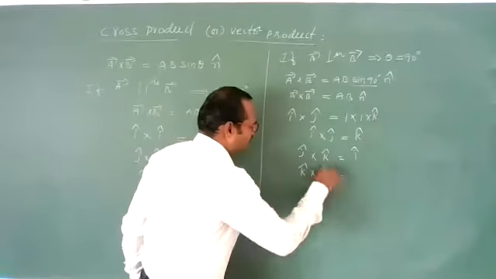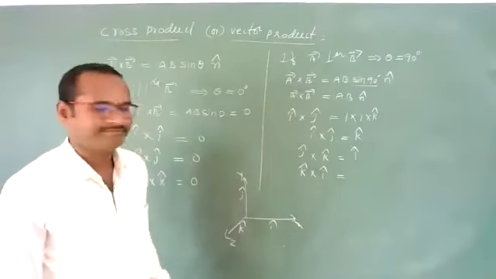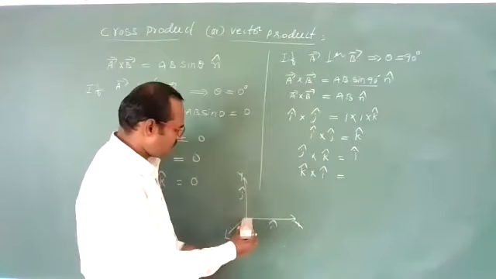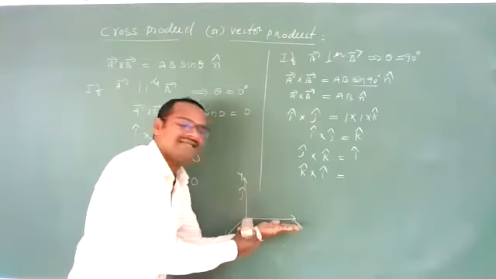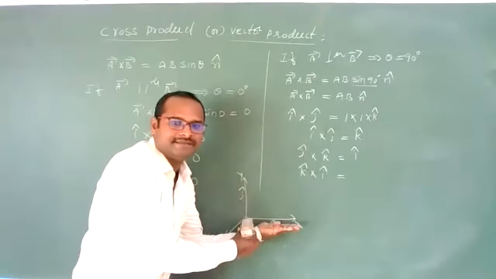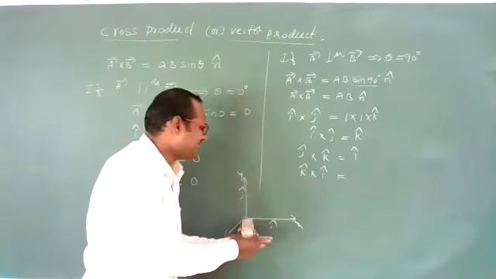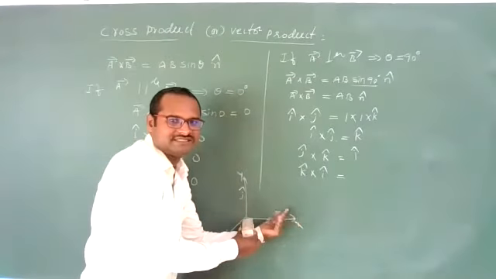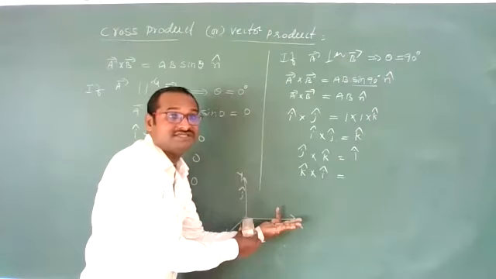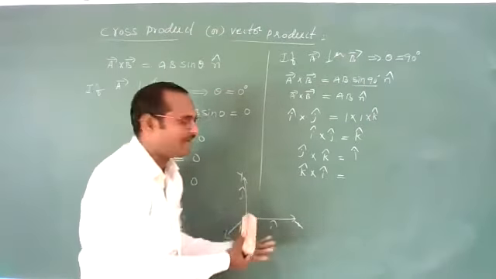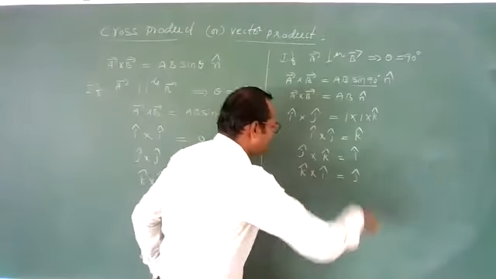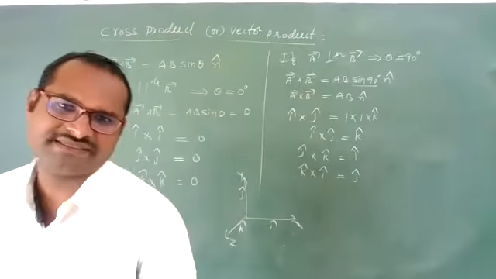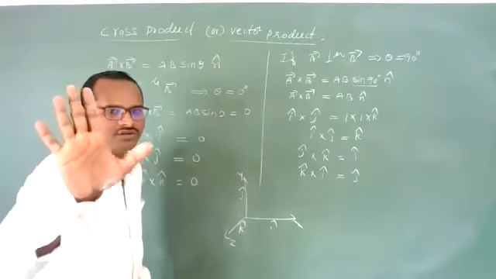K cross I cap. So now students, this is the k and i plane, meaning the z axis and x axis. The cross product of these two will be perpendicular to this plane, like this. See this finger? It is along the y axis. The unit vector? J cap. So you will get j cap. Or sir, no, we are not getting this exactly. Simple, use this rule.